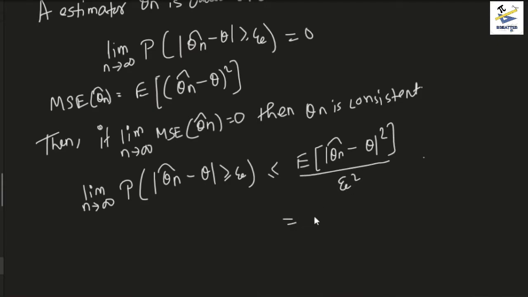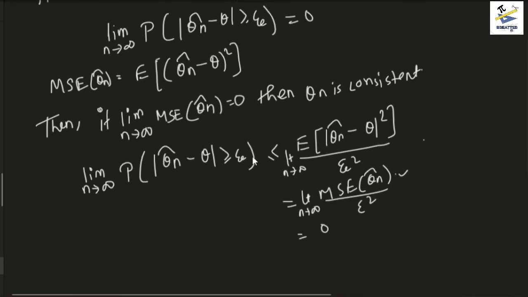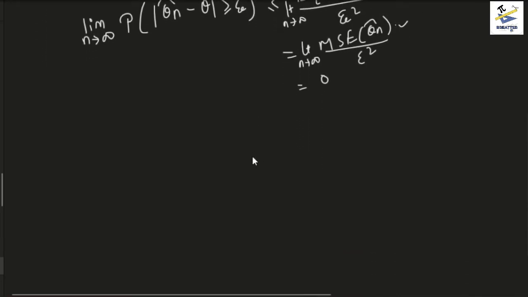This is by Chebyshev's inequality, but the above thing is just the MSE of theta n, right? And this would be 0 because we know that the limit of the MSE of theta n is also 0. And if that happens, theta n is again a consistent estimator. Now that being said, what we would like to do now is